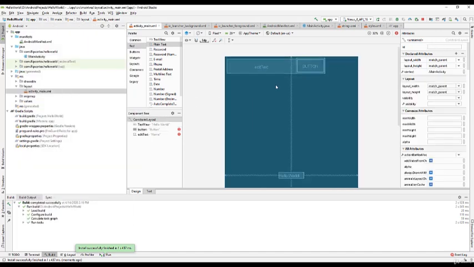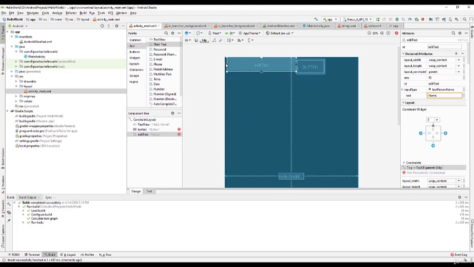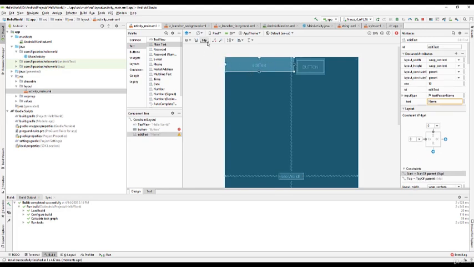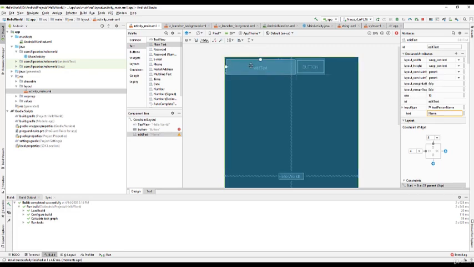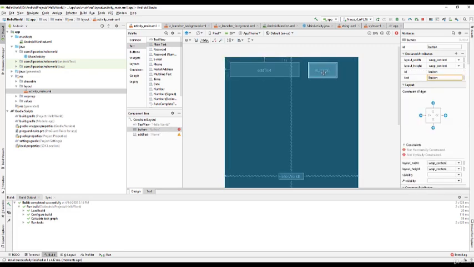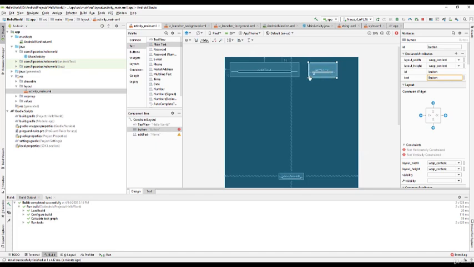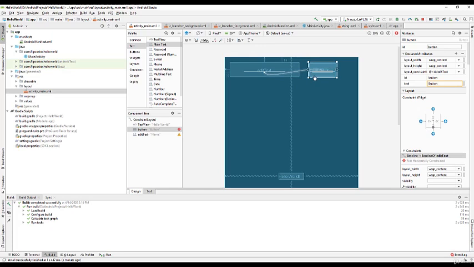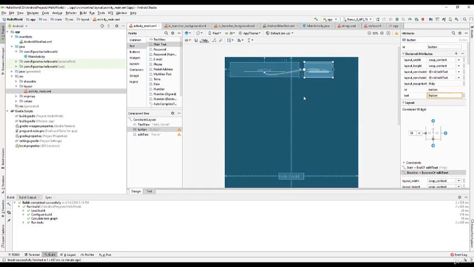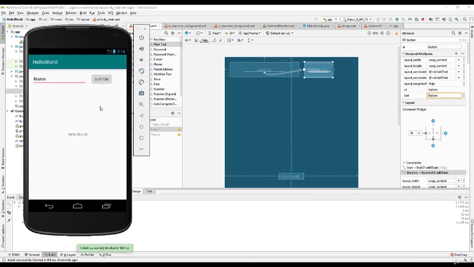Again, this is not too important, but let's just make a simple constraint. So first thing, we're going to add a top and side constraint for the edit text. Right now there is a 0 default margin. Let's change this to 16. Next, we're going to tell the button to relate its position based on the edit text position. To do this, we're going to right-click on the button and do Show Baseline. Click on the button and link the baselines. Also, from the left side, we're going to create a left constraint linking the button to the edit text. Now, if we run the app again, you'll see the edit text on the left with the button on its side.